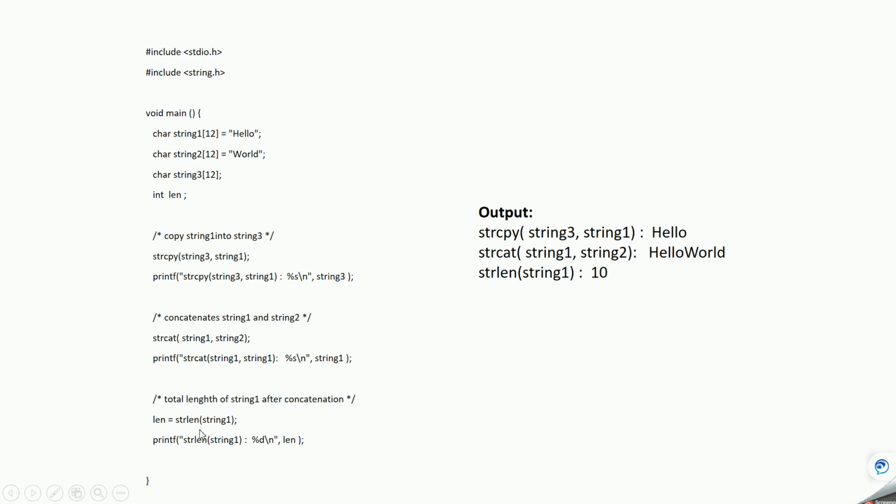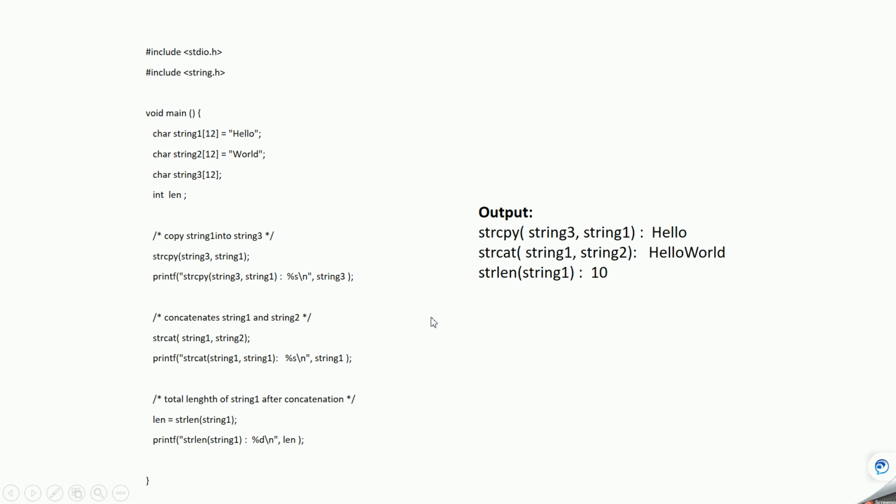Next, we want to find the length of string 1. Now string 1 is combined with hello and world, so strlen should give the total length after combining. You can see strlen is giving 10 as the output, because after combining we have 10 characters.